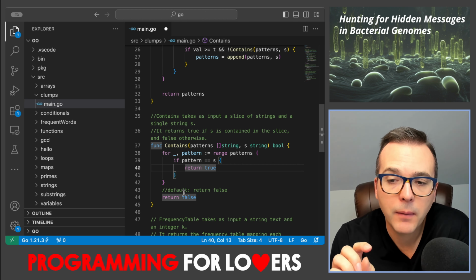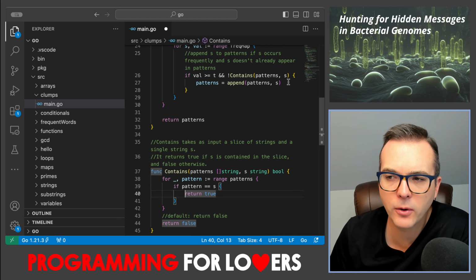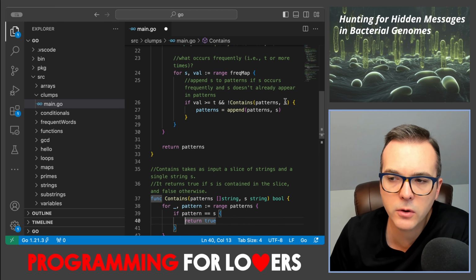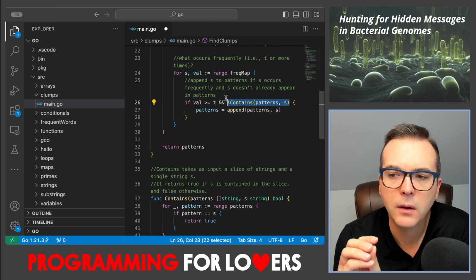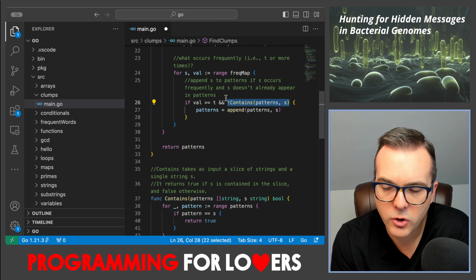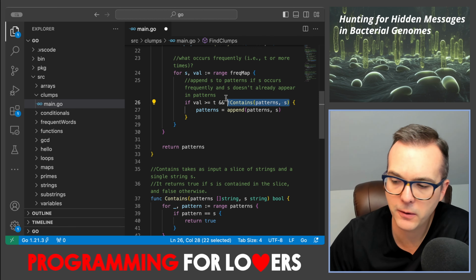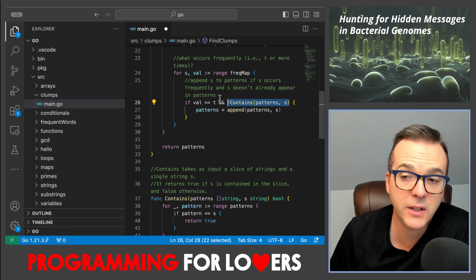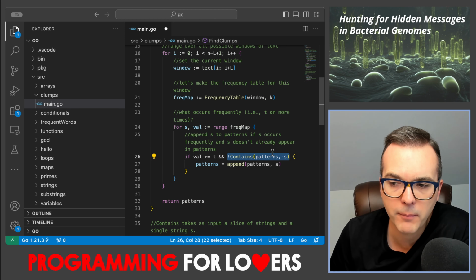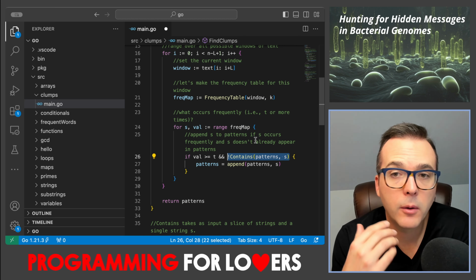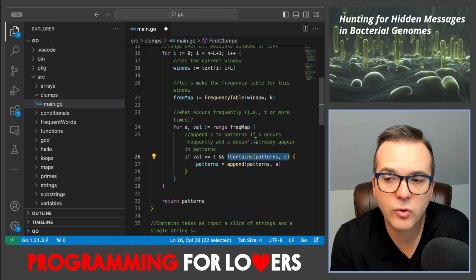Also, at the same time, I don't need this function. So I keep it here for a reason, but I'm also not going to need to call a subroutine here. I'm going to do something just a little bit more clever in terms of ensuring whether or not I have seen this string S before in my collection patterns. What I'm going to do is keep track of this as I go. So rather than kind of maintaining this as a slice, what I'm going to do is I'm going to maintain a map that's going to essentially contain the information, have I seen this string,